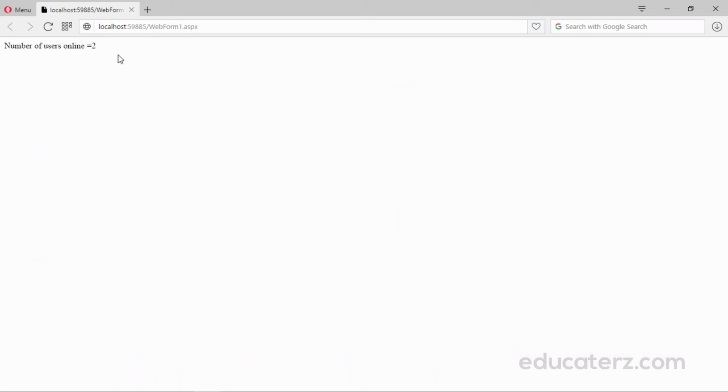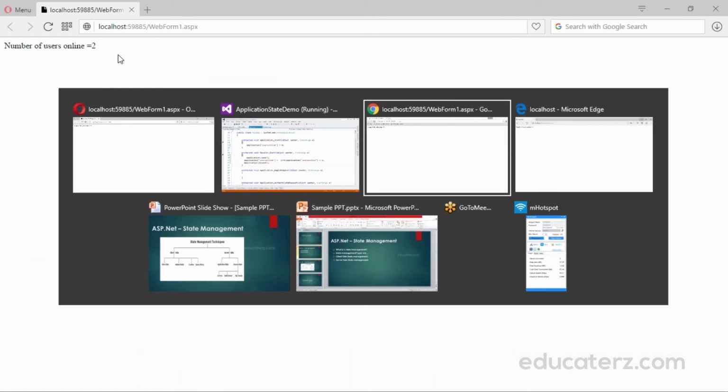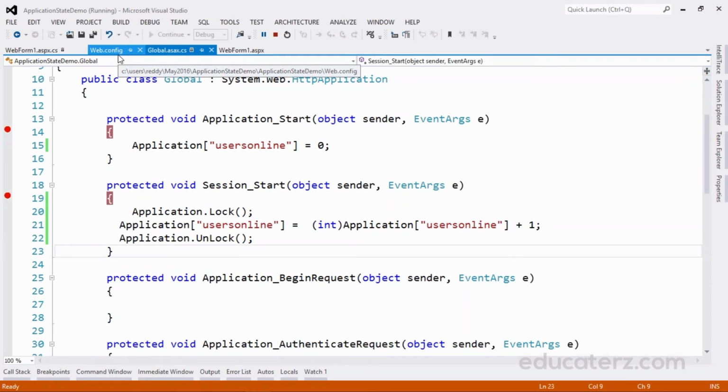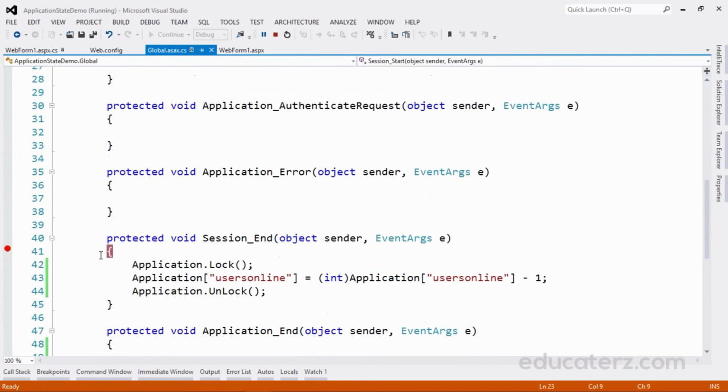Just wait. I am not going to open in Internet Explorer. I wanted to show you that the Session_End event will get fired. I am not going to touch anything. I will be waiting for 1 minute, so automatically the event will get fired in this place. Let me open this Visual Studio. Once 1 minute is reached, the Session_End event will get fired. Here the cursor will come. As of now it is in red color, right? The cursor will come, it turns to yellow color. Let us wait. So remember that application state variables are multi-user global data.